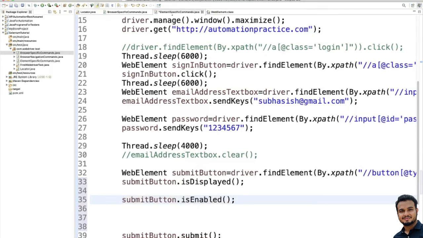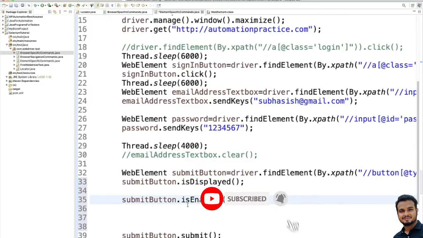You can do submit button isSelected too, but mainly you can use the isSelected method with radio button kind of things, for example when you are selecting someone's gender, male or female. In that case it will be either male or female, you cannot select both, right? So in that case you can use isSelected.